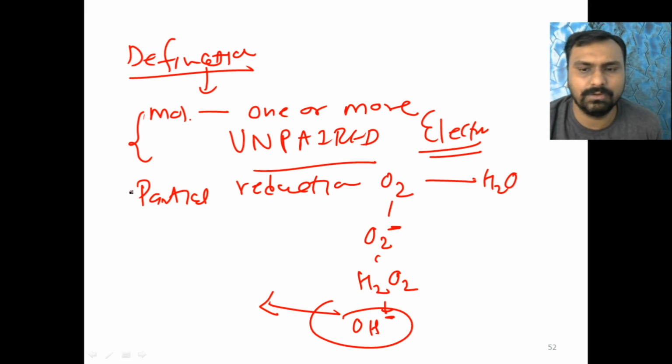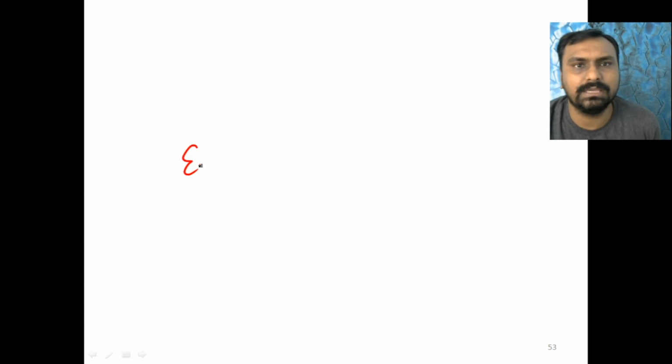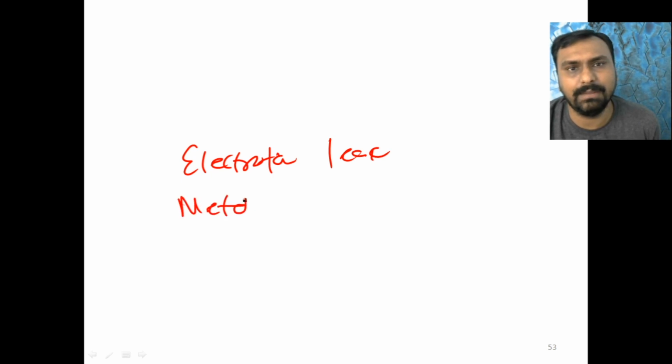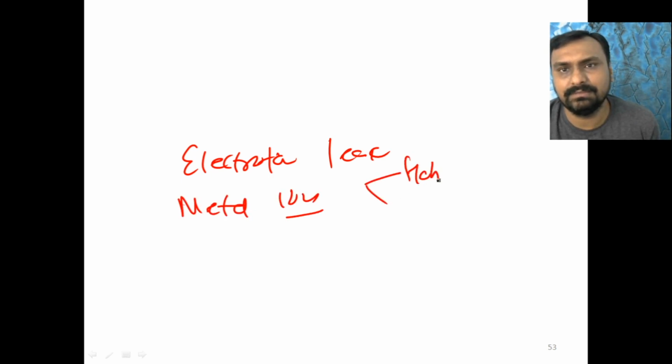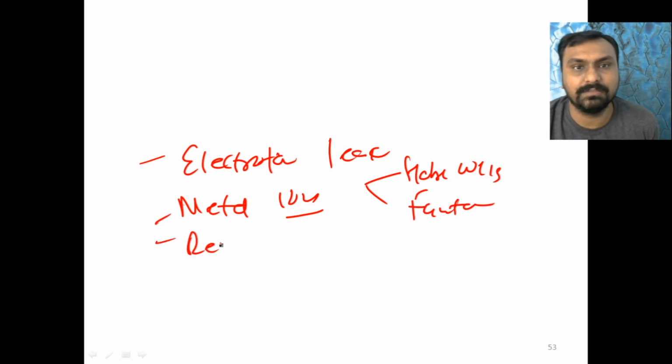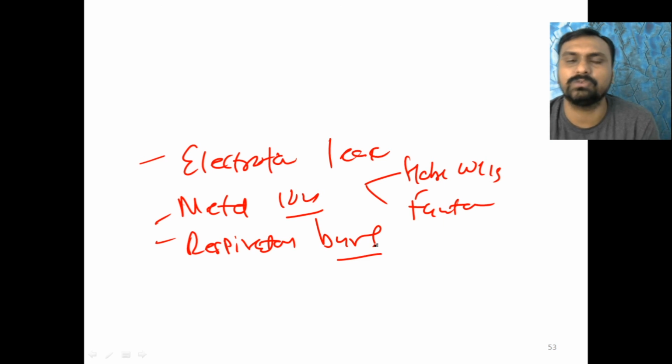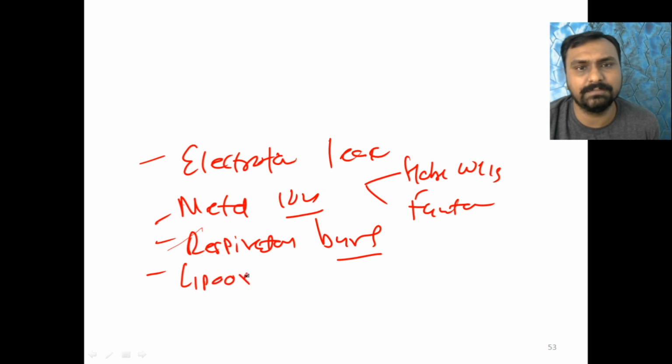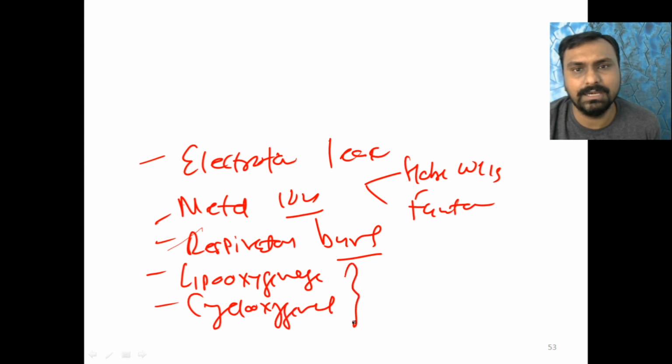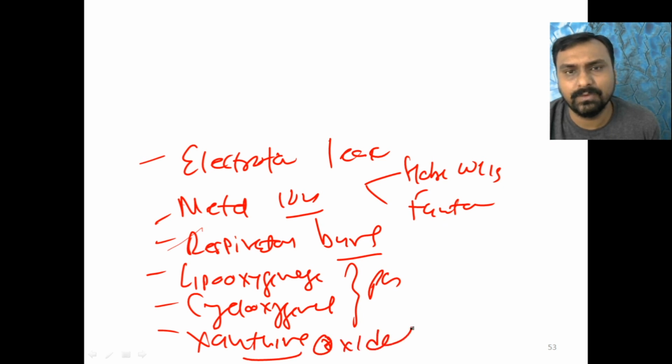So they will be produced during electron leakage, during the electron transport chain, during the reaction with metal ions like the Haber-Weiss reaction and Fenton reaction, right? They are produced during the respiratory burst. As we have seen, oxygen is converted to superoxide radical, then converted to H2O2 and hypochlorous acid that can kill the bacteria. They are produced during the lipooxygenase pathway, or cyclooxygenase pathway during prostaglandin synthesis, or during oxidation reduction reactions like the xanthine oxidase enzyme. Okay, so these are all the